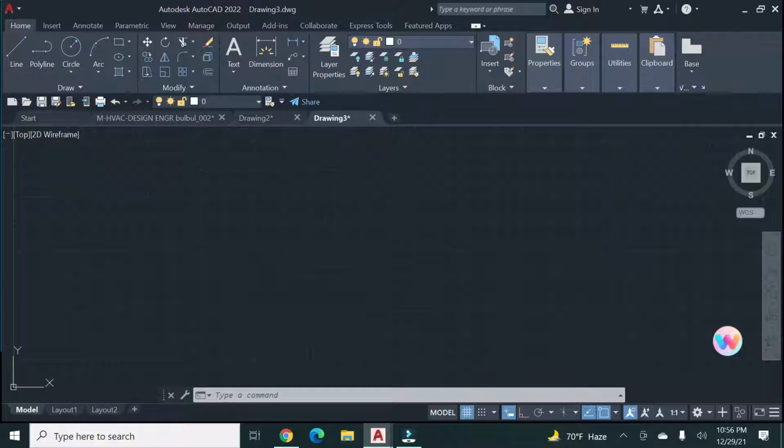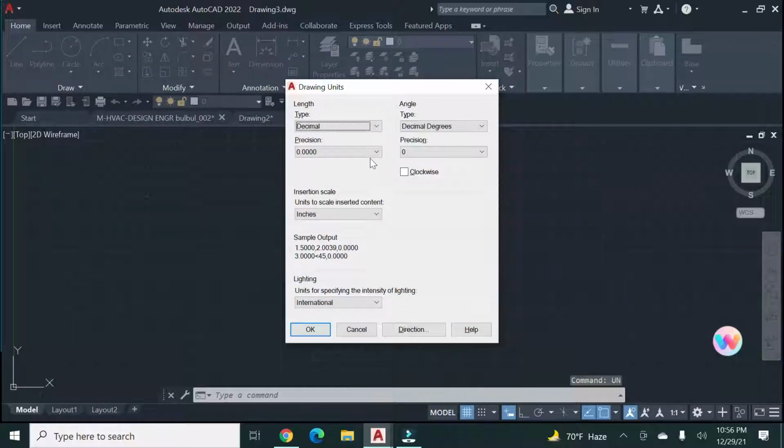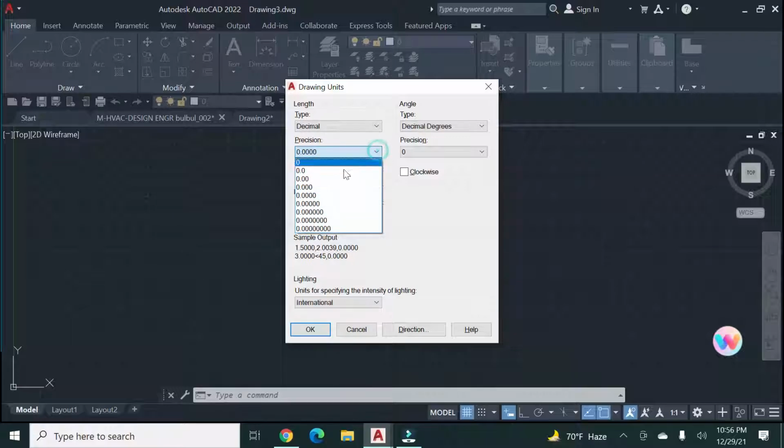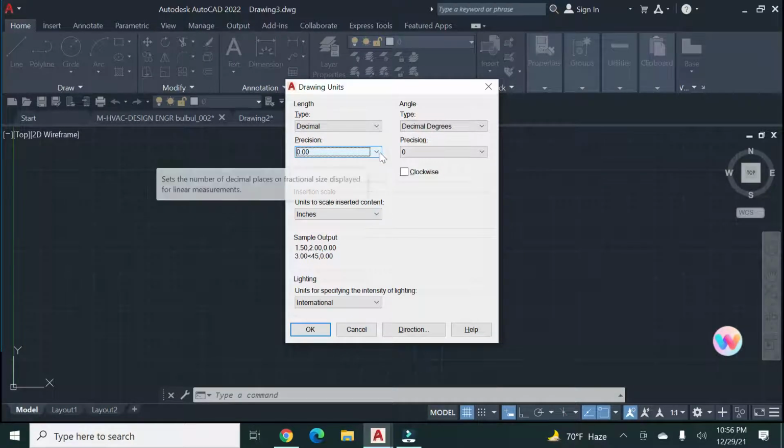Now a new window opens for units. You see the drawing units, decimal, and precision. Precision means how many fractional digits you want to take. I will take two digits after the decimal point, so I select that.